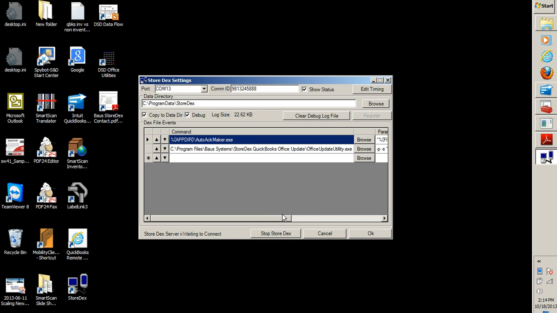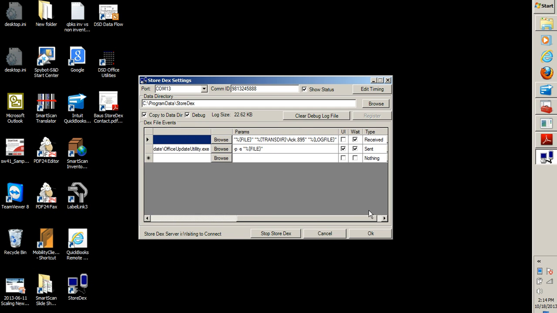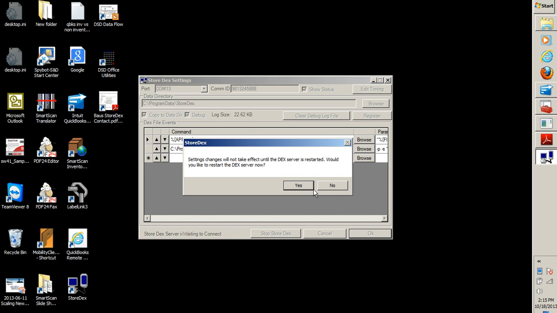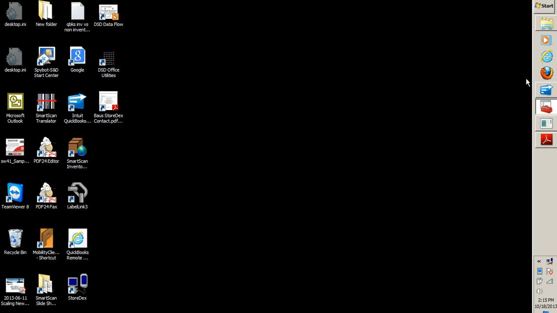The other application that's set is the Office Update utility. This is an add-on product to StoreDEX that is set to fire off when a file is sent by StoreDEX. The Office Update utility is what actually posts the data received by StoreDEX from the distributor to the backend accounting system, in our example here, QuickBooks. So I'll save these settings and restart StoreDEX with those settings,